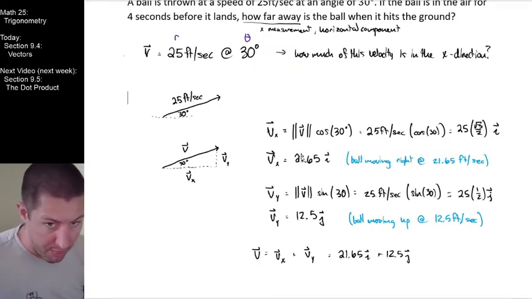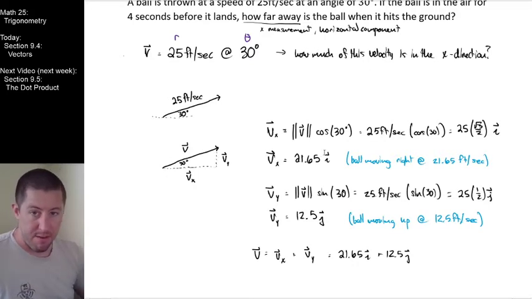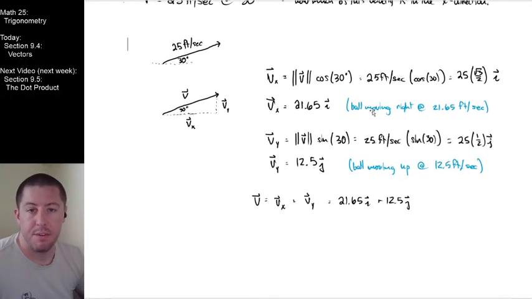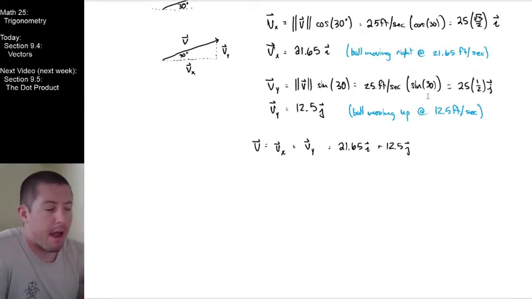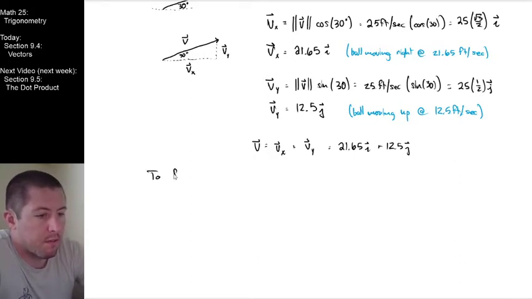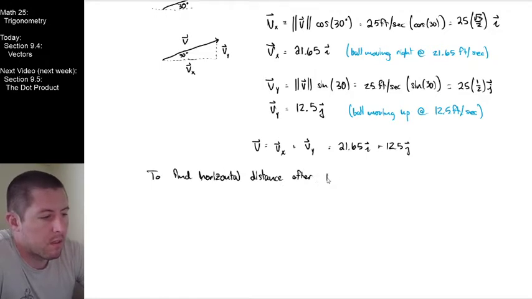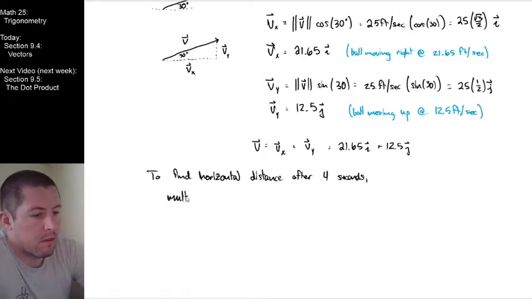And by multiplying it by cosine 30, we found that 21.65 feet per second was the component of it in the horizontal direction. So if I want to go ahead and find the horizontal distance after 4 seconds, I can just multiply my horizontal speed by that 4 seconds. So to find horizontal distance after 4 seconds, multiply the horizontal component of velocity